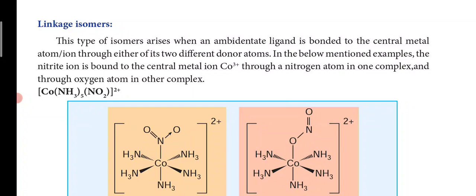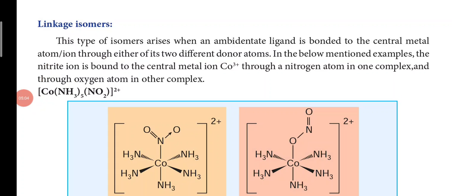It is bonded to the central metal atom or ion through either of its 2 different donor atoms. So it can bond with either of the donor atoms and form a bond. In the below mentioned examples,